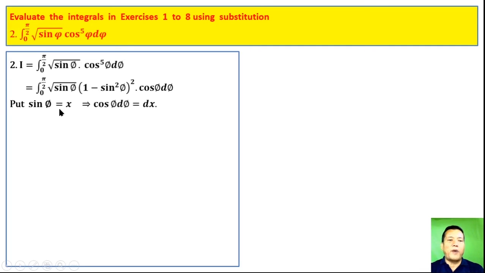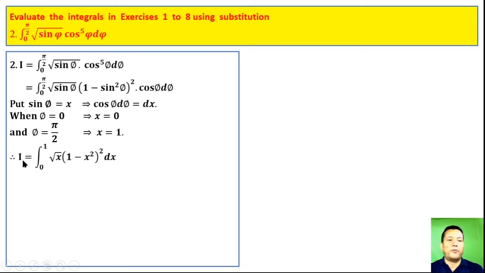Put sine of phi equal to x. Then its derivative with respect to phi is cos phi equal to dx by d phi. We get cos phi d phi equal to dx. When the original phi is 0, the new variable x becomes 0. When phi is pi by 2, the new variable x becomes 1, since sine of pi by 2 is 1. Therefore, the given definite